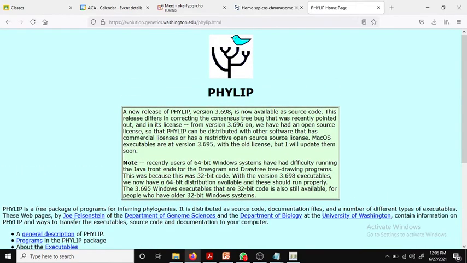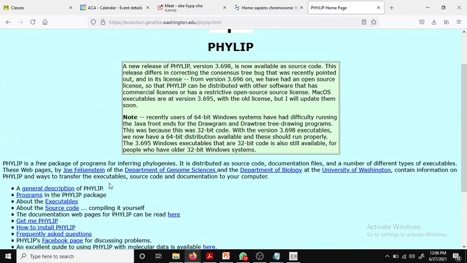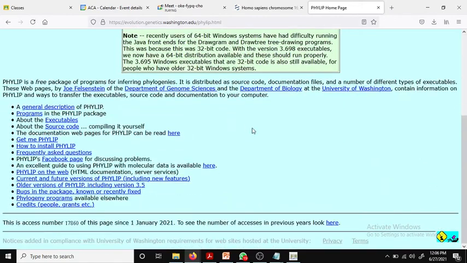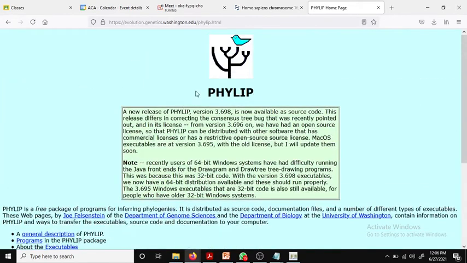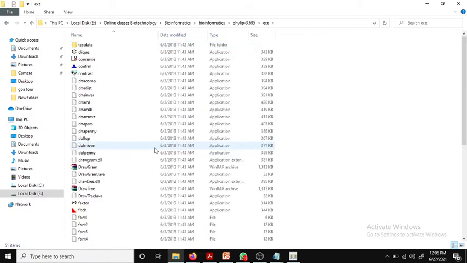Currently version 3.698 is available. If you want to download this software, just go there and download Phylip. This is the software. I have already downloaded it, and I'll just go to the exe folder, where all the programs are.